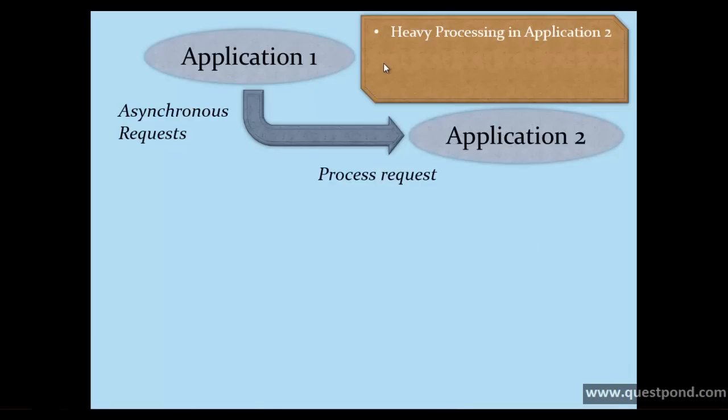The second point which need to be considered here is application 1 and application 2 might have been written using different technologies. Because of this, application 1 and application 2 will not be able to talk with each other directly. And we can solve this problem by making application 2 a web service. Now, from application 1, we can invoke the functions in the web services, that is application 2, asynchronously. That means when we use web services, both these problems get solved easily.